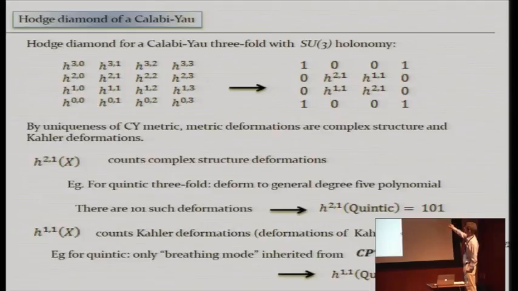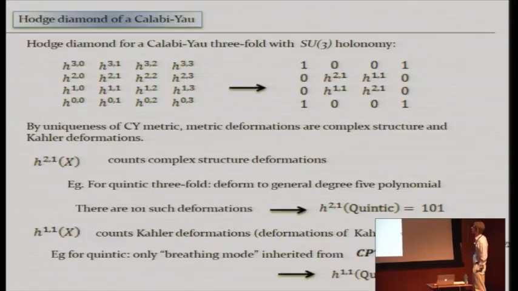So h^{0,0} is obviously 1. h^{3,0}, because there's a unique holomorphic 3-form, is also 1. We said these other things are 0, but that's a Weitzenböck identity. Okay, and then there are relations which relate h^{1,2} to h^{2,1}. There's Poincaré duality which relates h^{1,1} to h^{2,2}. Okay, so fill in all these symmetries and you're just left over with h^{1,1} and h^{2,1}. So there are only 2 degrees of freedom for a Calabi-Yau in the Hodge diamond, and they have a nice